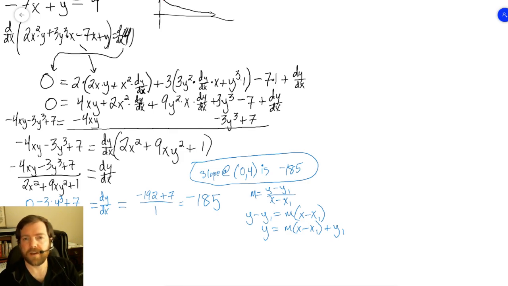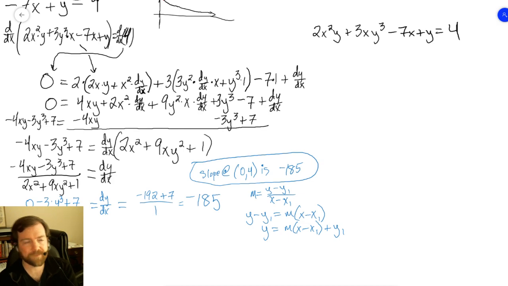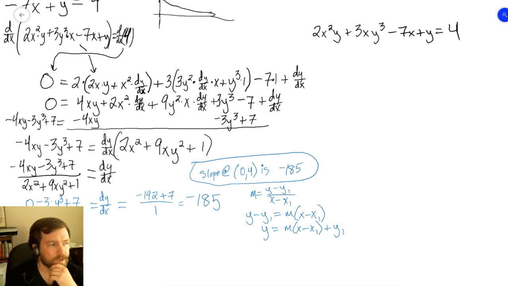So if you do this, where you have, again, 2x squared y plus 3y, I'm going to just switch that around, xy cubed minus 7x plus y equals 4. If I want to take the derivative of this, and let's say I just want to be kind of